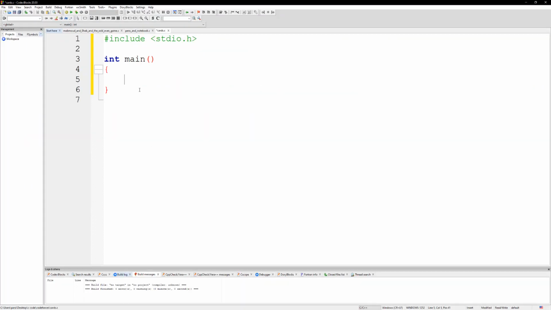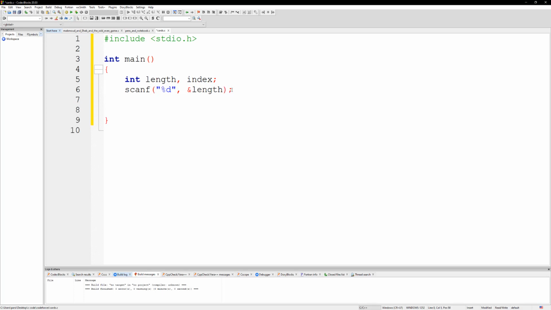Alright, so let's do int length, and we're going to do index as well, because we need to loop over characters. And let's go ahead and do a scanf here and take in the length because we got to pass that to the character array. And so let's do %d and then ampersand length,